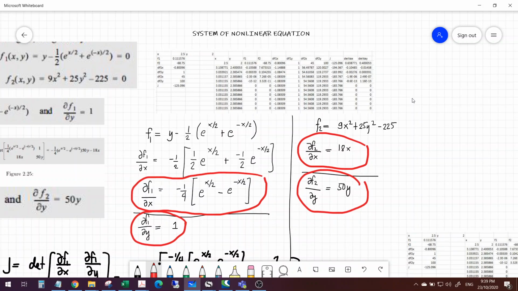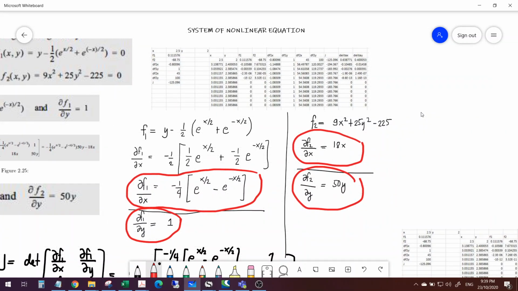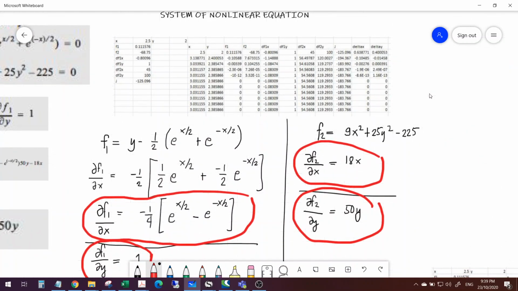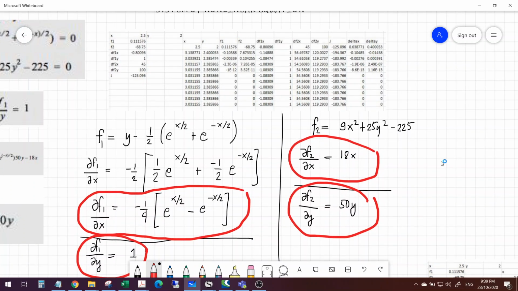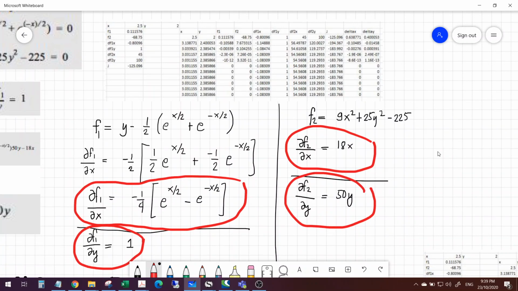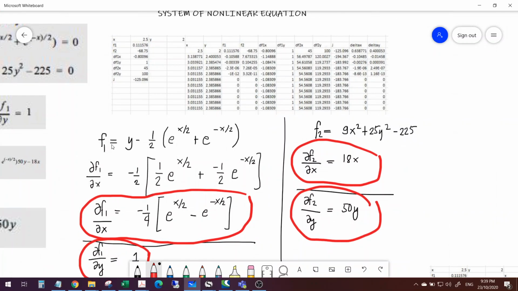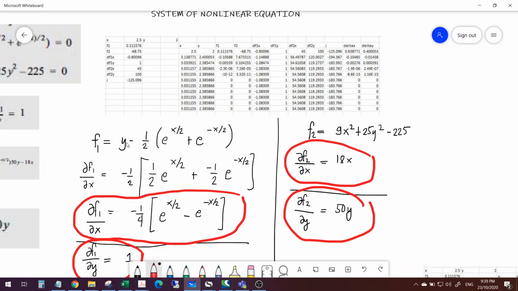Okay, so this is a detailed manual calculation of the system of nonlinear equations from the previous video. I think I didn't show the derivation, or rather the specific partial derivatives of the given two equations, which are f1 and f2. Okay, so remember, we have a system of nonlinear equations, f1, which is y minus